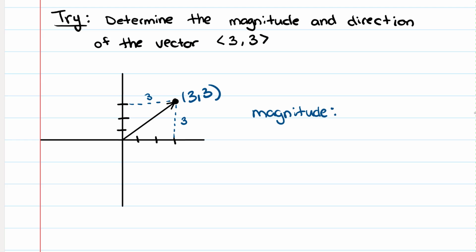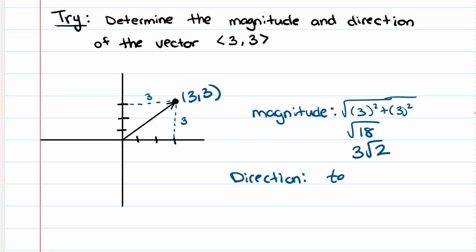So the magnitude is going to be the square root of 3 squared plus 3 squared, which is the square root of 18, which is going to be 3 radical 2. And the direction, I'm going to do tangent of theta is equal to 3 over 3. So tangent of theta is equal to 1. So theta is pi over